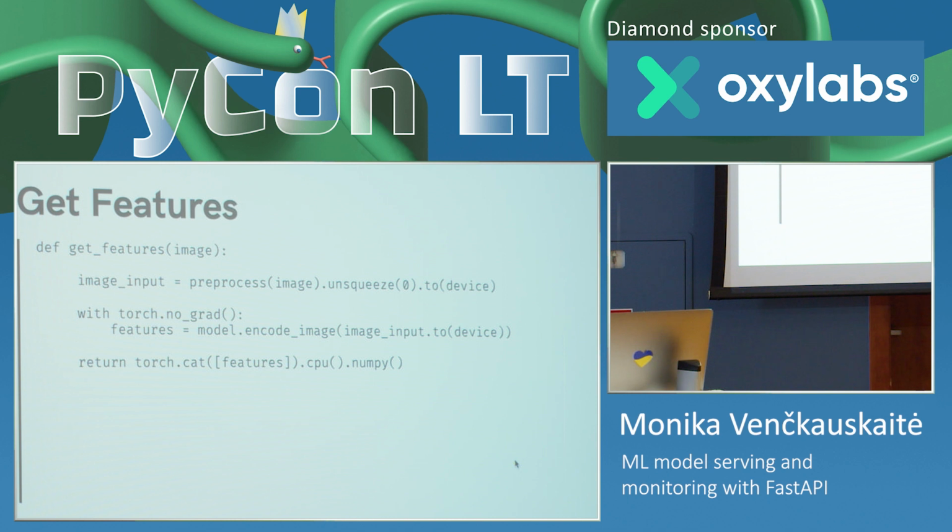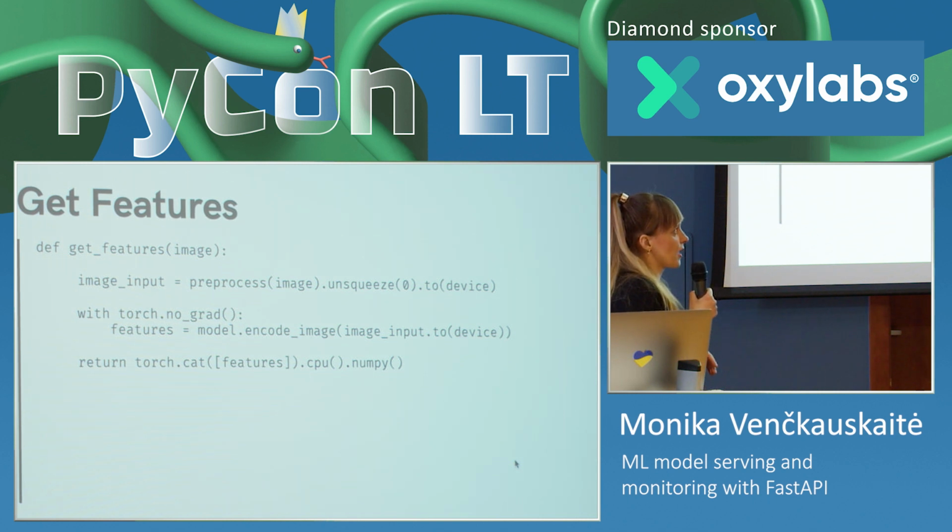After getting the classifier, we need one more function. We need to get features, because the way the CLIP model is implemented, it simply transforms an image from its original form into a tensor of features. So what we'll be getting out of the CLIP model is only features. The good thing is, you can train it at this point: you get those features from the image, and then you can simply use something like linear regression to classify in the way you want.